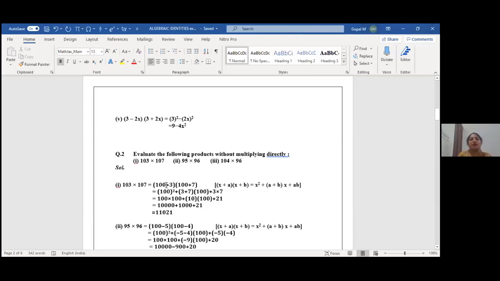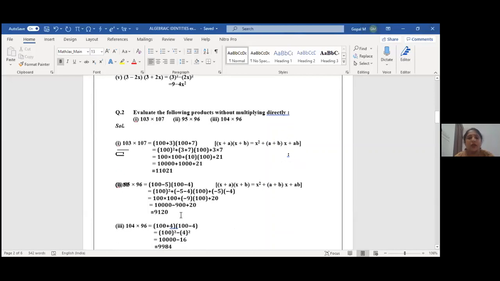Okay, children. This type of question we did last year, no ma'am? Yes, last year only. I'm just revising. That's why I gave the first and second main as homework. It's just a recapitulation. Okay, children. Okay, ma'am. Second main, first one: 11021.